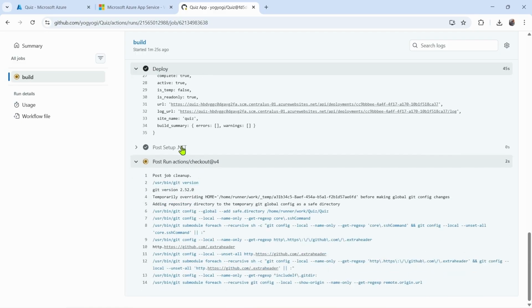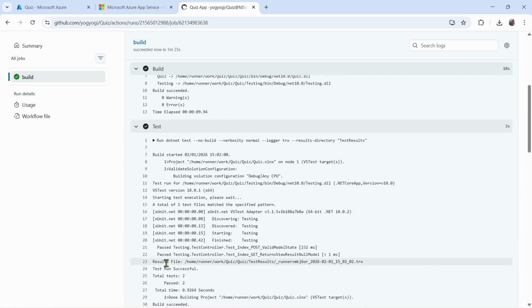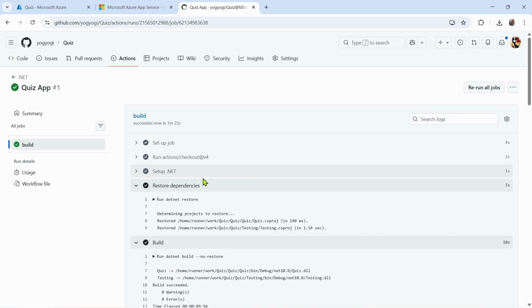And you can see it has also finished successfully. So our workflow has now completed successfully,